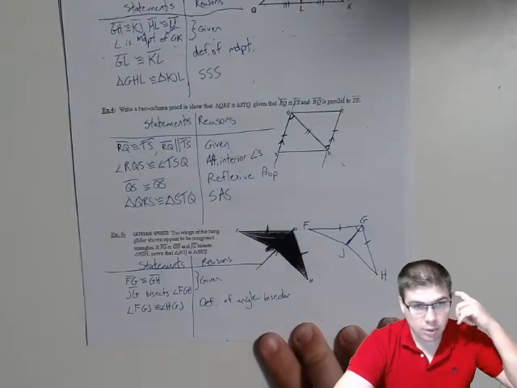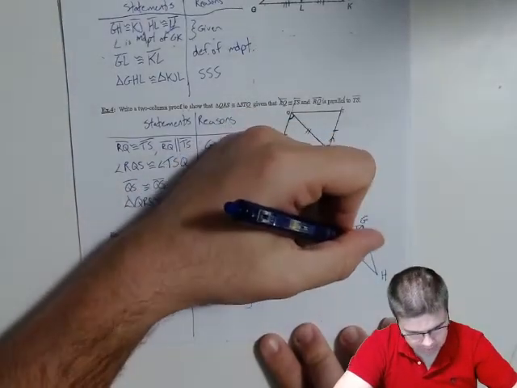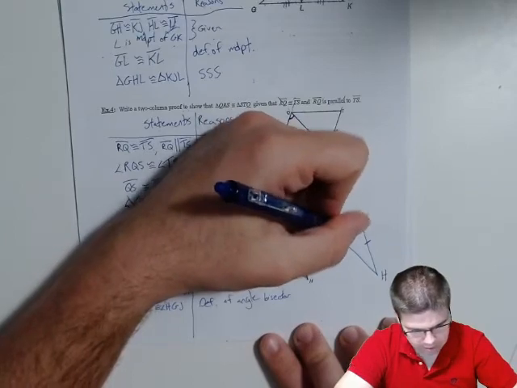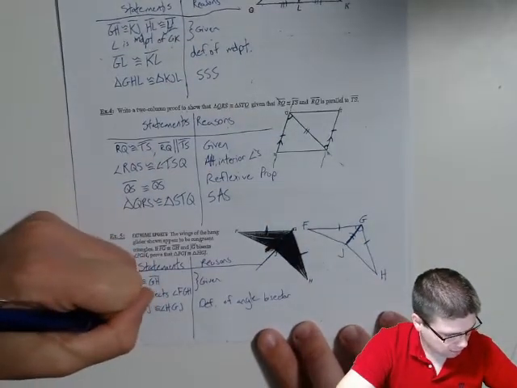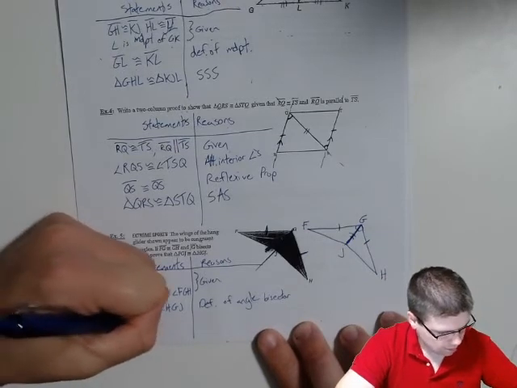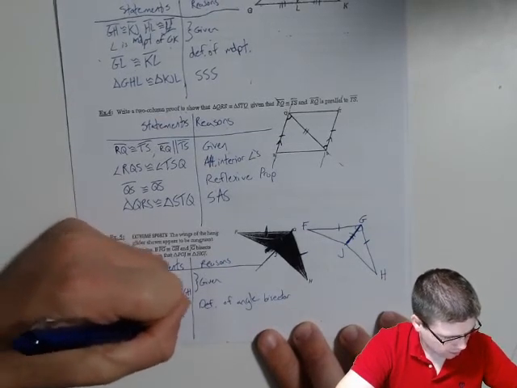And so then we can say that we have a side and we have the angle, and so we can get this other side is congruent to itself. So segment GJ is congruent to segment GJ from the